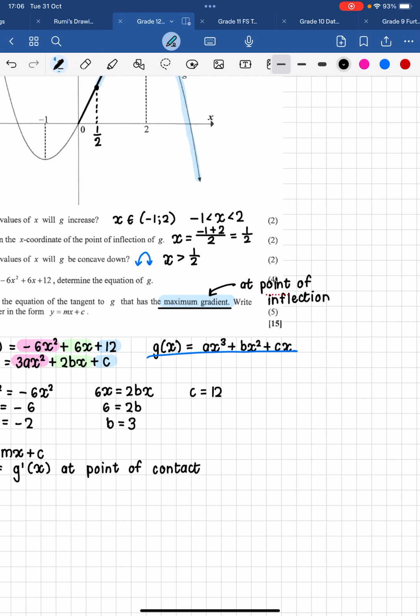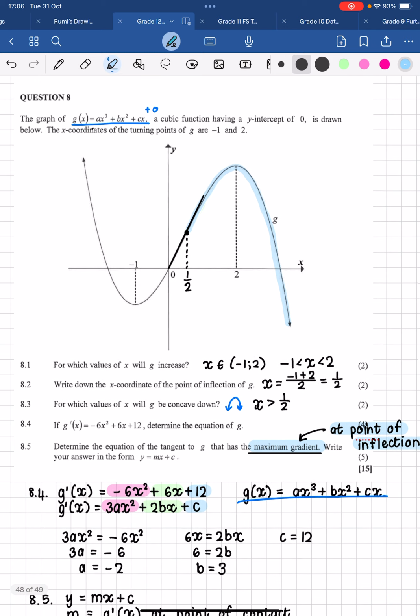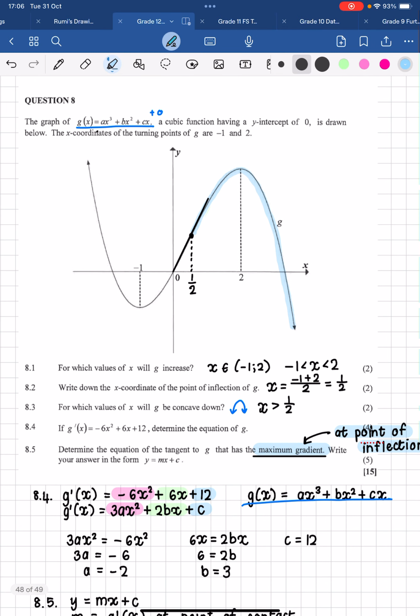In this case, they haven't told us what the point of contact is, but they're telling us that it's the tangent with the maximum gradient, so that has to be at the point of inflection. You have to remember that, guys. Very, very important. Why is the maximum gradient at the point of inflection? Because if you think about this in terms of maximum gradient being the steepest possible line that you can have,